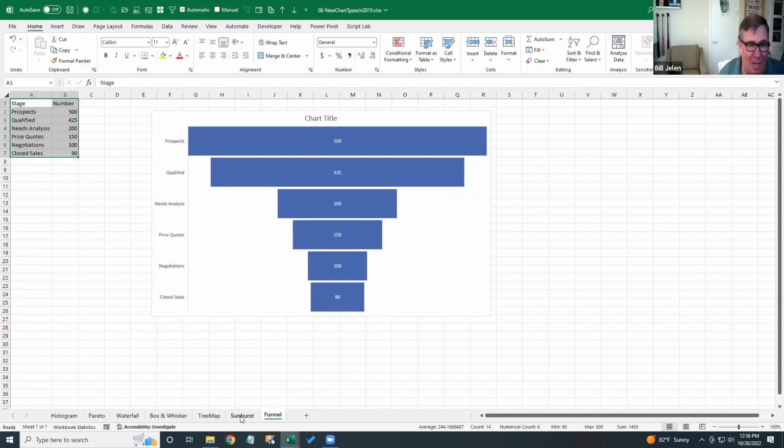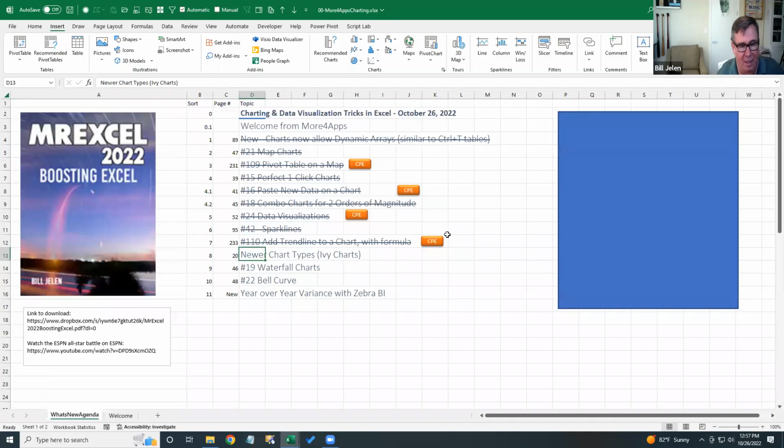Those are the new charts that Microsoft has given us in the last 3 years. Yeah, they're kind of strange. So we have the original 73 plus those new 7 and then map charts that they give us. All right, and then a bell curve. Let's do this one